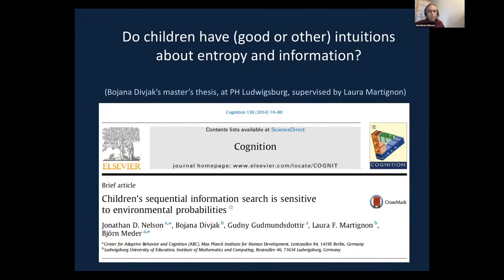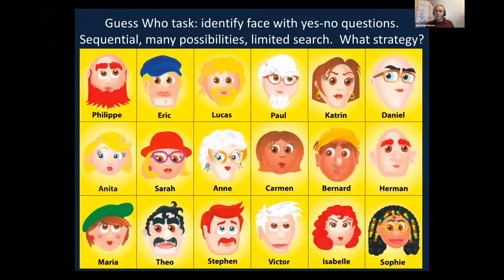The first real big project that we did together with Laura and friends, so this was Boyan and Divyak's master's thesis, was actually working with this particular game, this Guess Who game of Wer ist das? And we explored it a little bit with fourth grade, so about 9-year-old children. And here the task is you want to figure out which of these faces has been chosen. So there are face cards, and one of them is selected at random with equal probability. And the rules are you get to ask yes/no questions about the physical features of the faces to try to figure out which face card's been drawn.